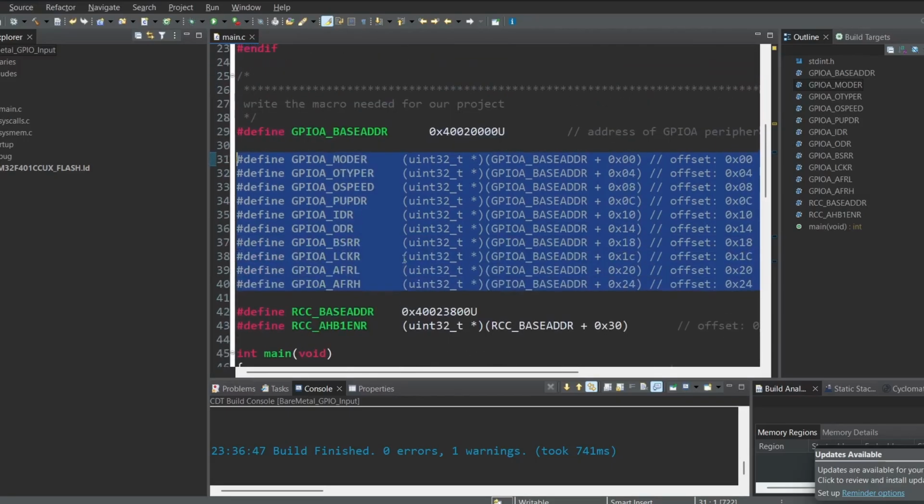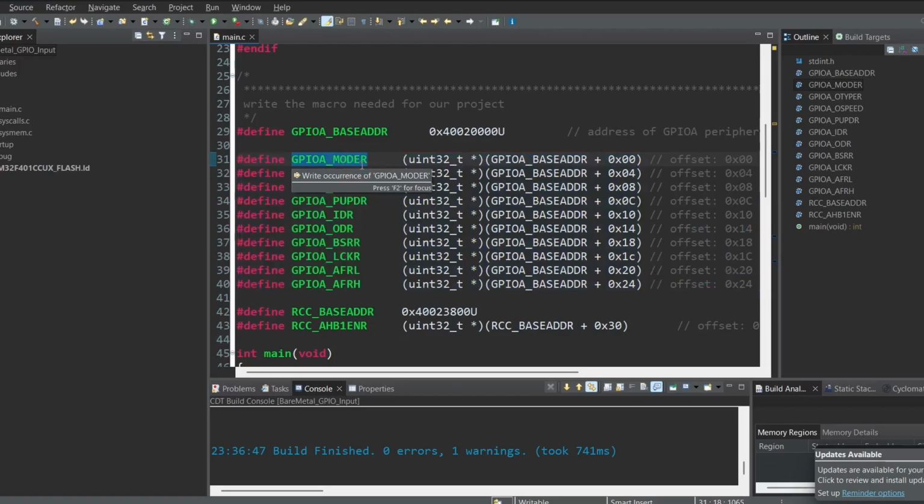So how we can avoid it is, we can write one structure for the mode register, output type, output speed, pull up, pull down, and using the base address of the GPIO, we can assign values to all these registers, because these registers are exactly similar for all the other GPIOs also. That's why in the next lecture we will create separate files gpio.h